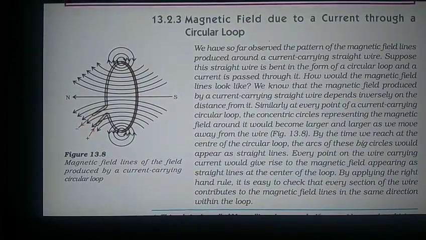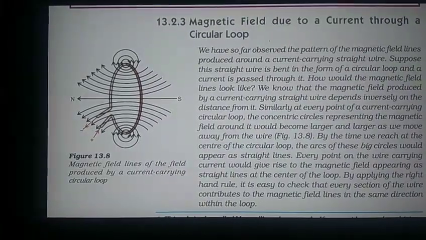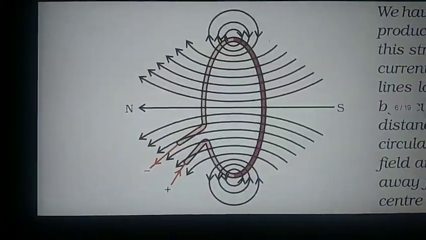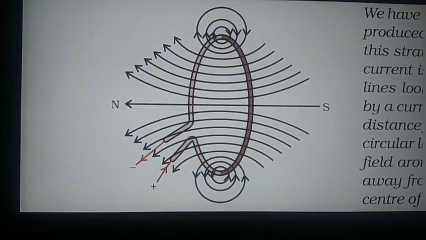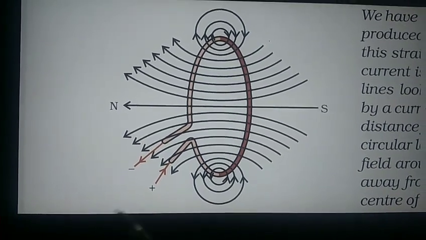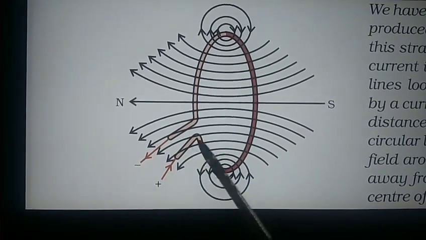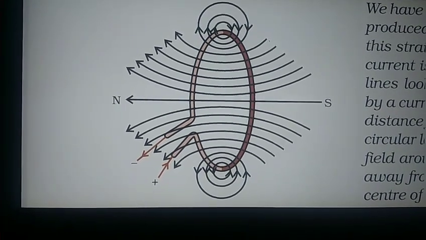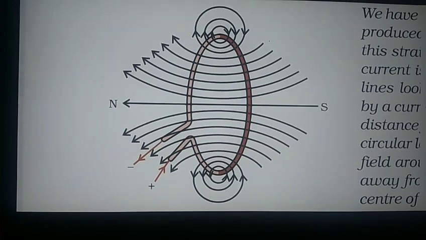See here, that picture is there. In that picture we have observed clearly, one is the positive terminal end and the other one is the negative terminal end. These two ends can be connected to the battery, then automatically the current is produced in the copper wire. Then the current produces a magnetic field.